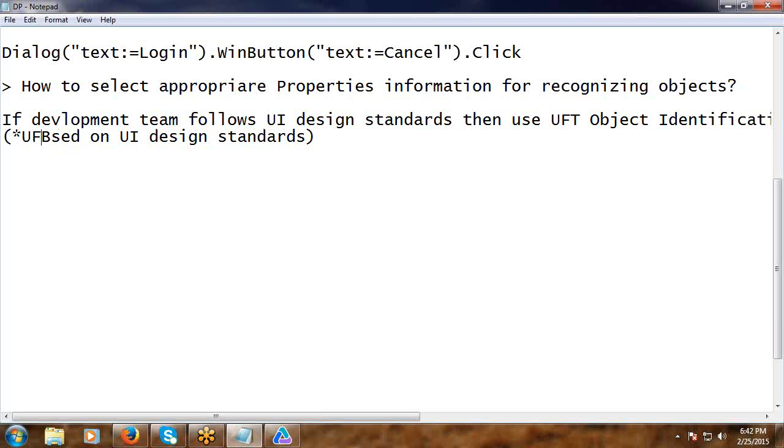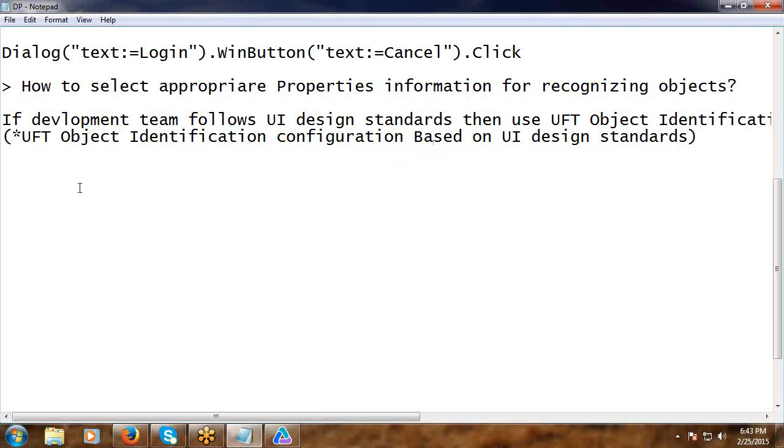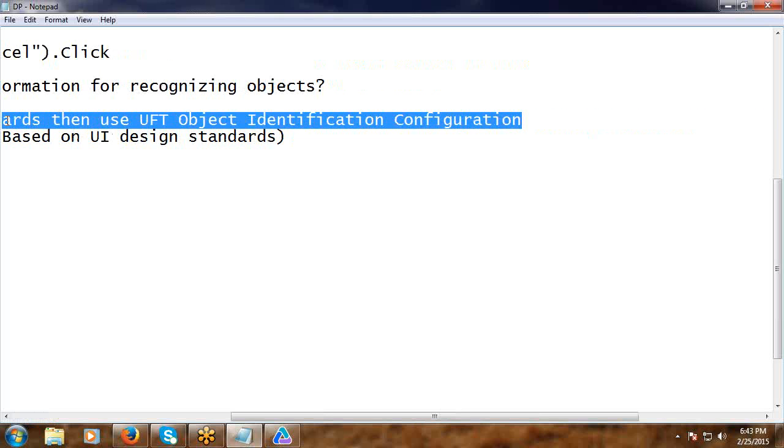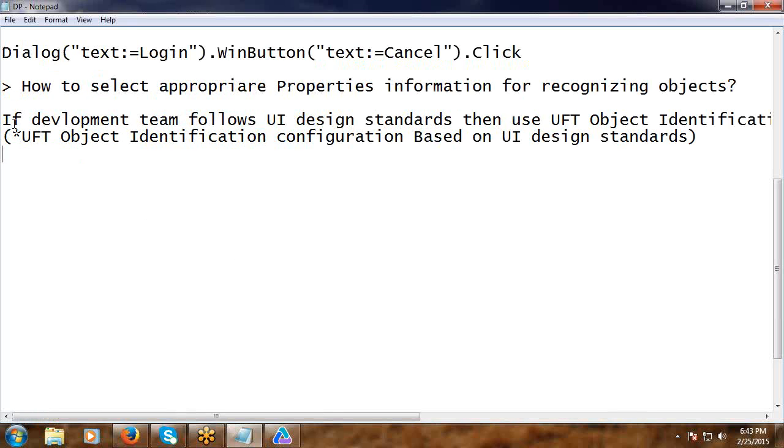See this UFT object identification configuration based on UI design standards. Okay. Otherwise, suppose if the development team does not follow UI design standards for some objects' design, say